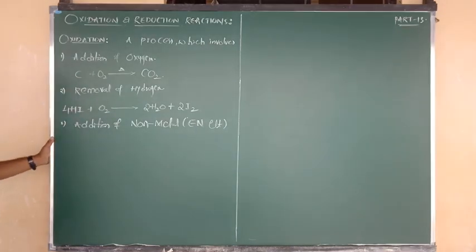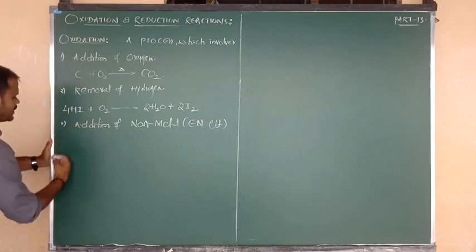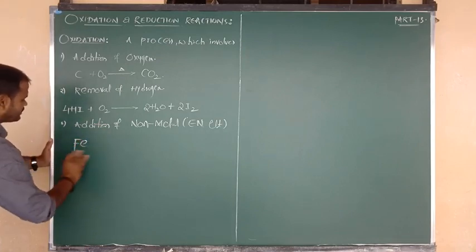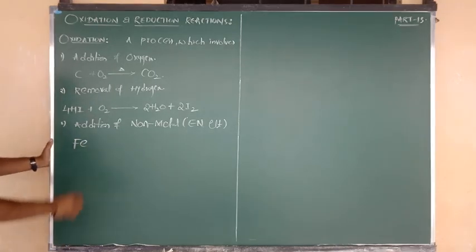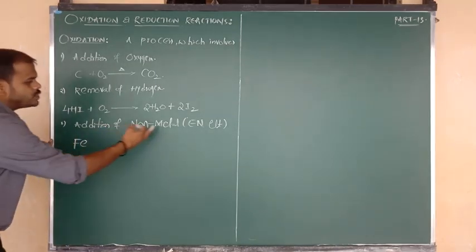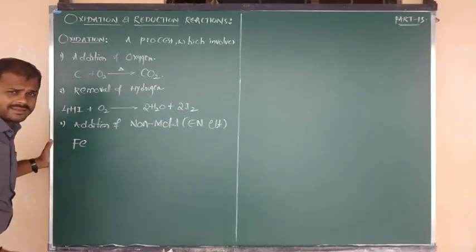Now I am going to show you an example. First consider iron. What is the symbol of iron? Fe. Iron particles are going to be considered as iron species. To that iron powder we are going to add a non-metal. First suppose the non-metal is chlorine, bromine, like that you can add.